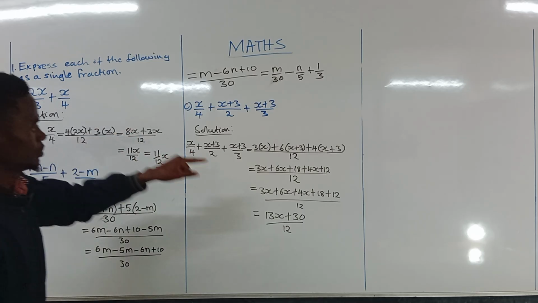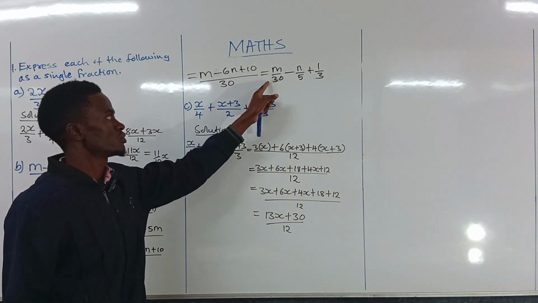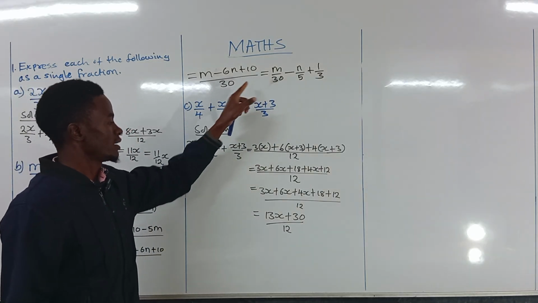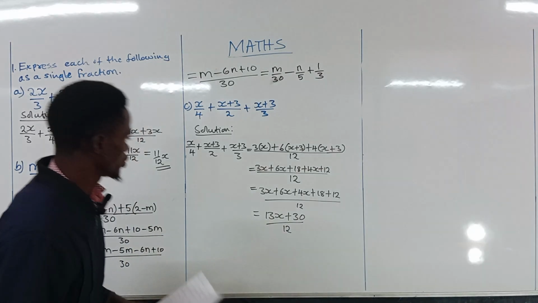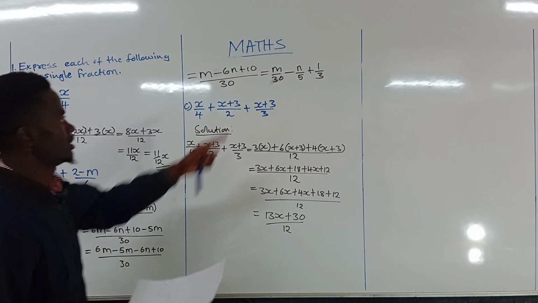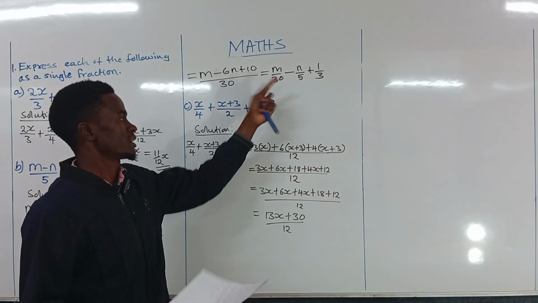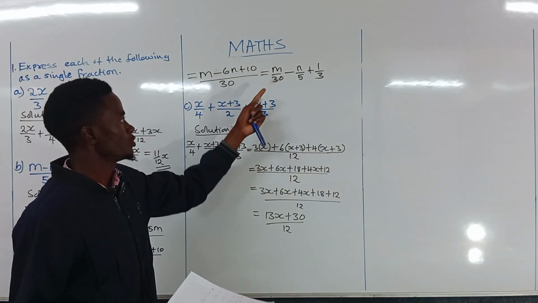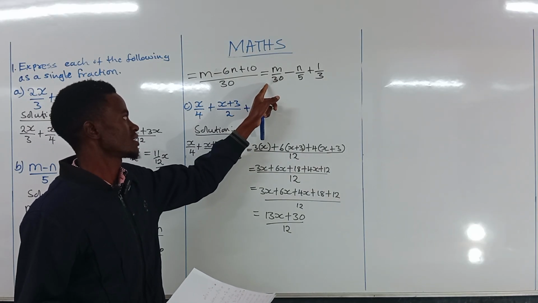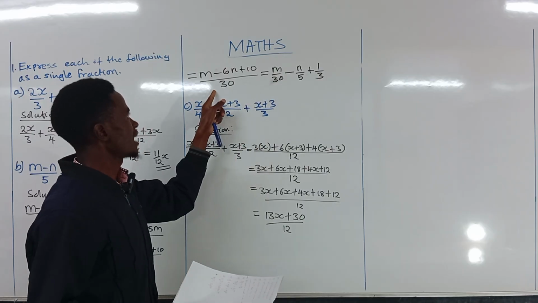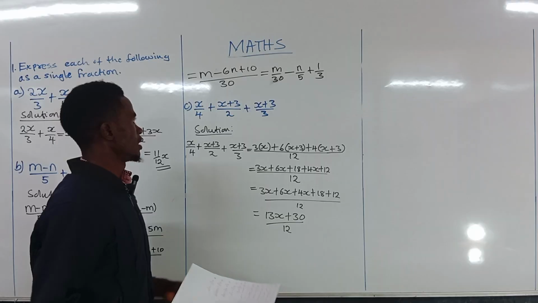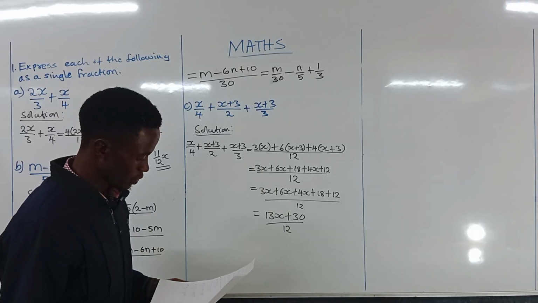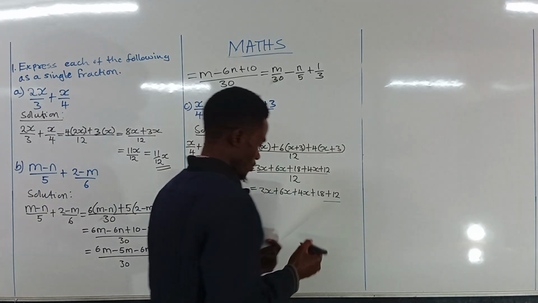But now, if you do it as we did, this one is not a single fraction. So our answer, when it is specified, should be a single fraction. I did this so that we are able to separate, because in another situation, you may be asked to give an answer in this case, but our answer as a single fraction was m minus 6n plus 10 out of 30. So we can go to our fourth